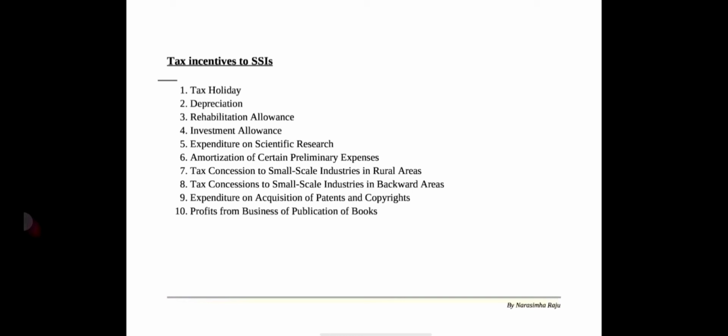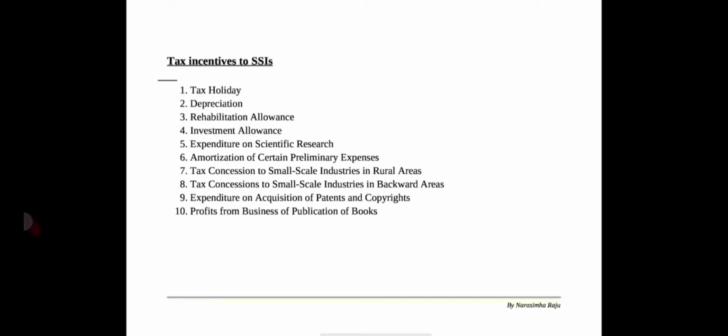And coming to the next tax incentive or concession to the SSIs, which is amortization of certain preliminary expenses. The Indian companies and resident persons under Section 35D of the Income Tax Act 1961 are allowed to write off the preliminary and developmental expenses incurred by them in connection with the setup of a new industrial unit or expansion of an existing industrial unit. A small-scale unit established in a backward area under Section 80HH is allowed a deduction of 20% of